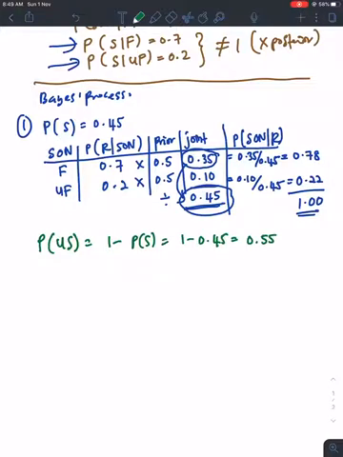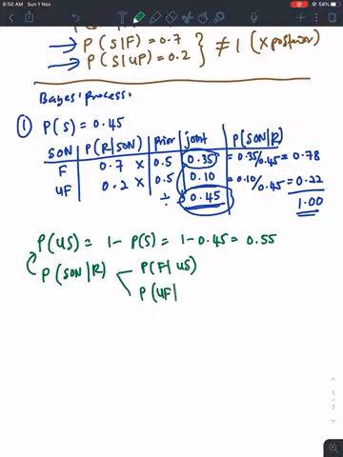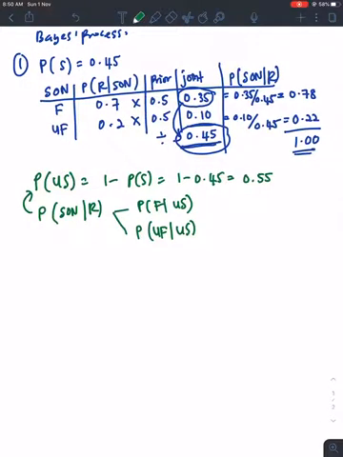Okay, then second, nak cari posterior for P sun given R. This time, result will be unsuccess, sebab kena group unsuccess kan. So, kita akan cari P favorable given unsuccess and also P unfavorable given unsuccess. Okay, so in this case, let's say, saya letak yang pertama dulu. P, ataupun probability favorable given unsuccess equal to